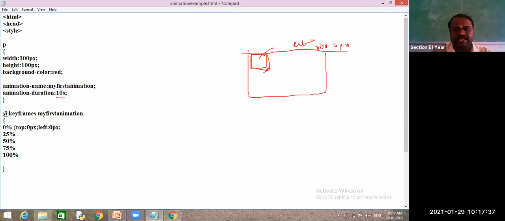This element exists at the top left corner. After the first 25% of time, my object wants to be moved to this position. So tell me any positions for this. How can I give this top and left?